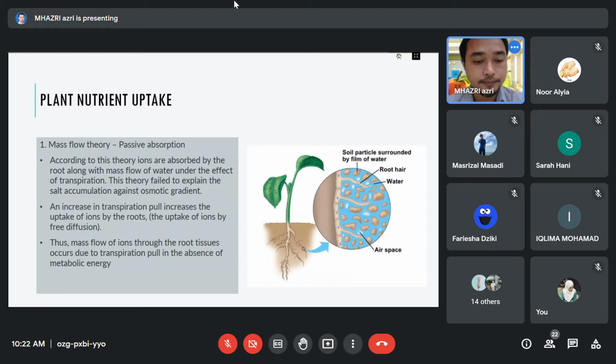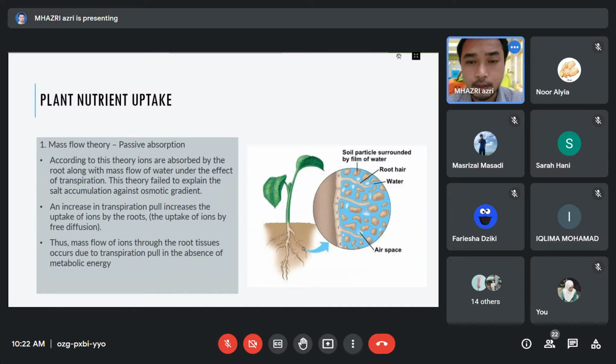Pull will increase the uptake of ions by roots. Okay, so the rate of uptake of ions will be influenced by the transpiration rate. Kalau waktu tengah hari tu, where the transpiration is very high, okay, sebab cuaca panas, so the uptake of certain ions will increase. So thus, mass flow of ions through the root tissue occurs due to transpiration pull in the absence of metabolic